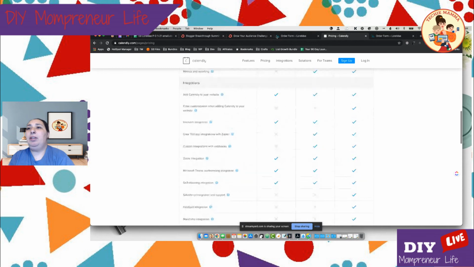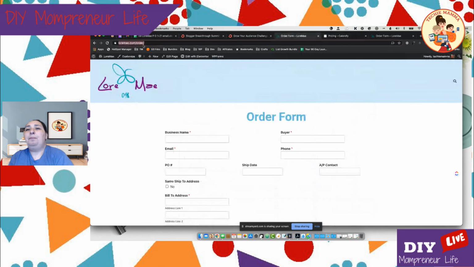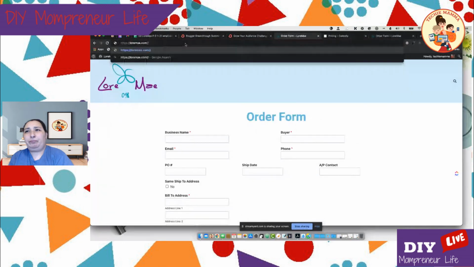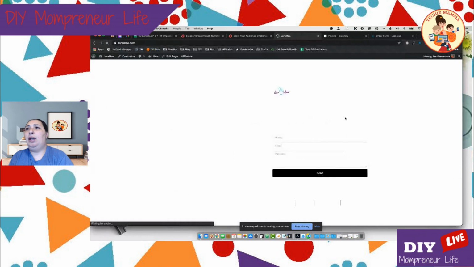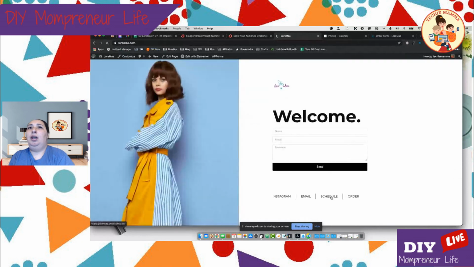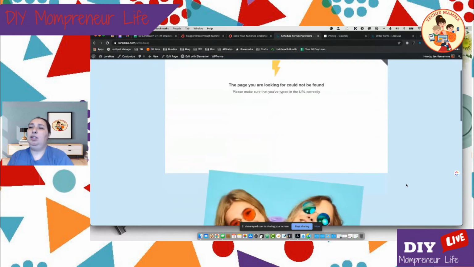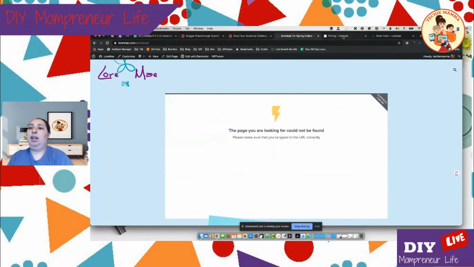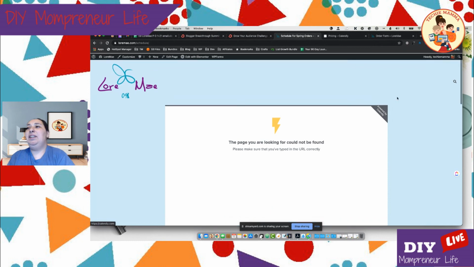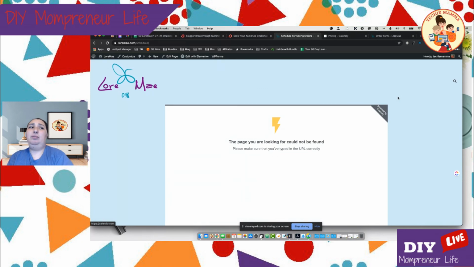And I also want to show, you can embed it on a page on your website with just a little bit of code that they give you, super easy. And you have a nice little embed straight into your website, except that I changed the URL. So now it doesn't work. So gotta go fix that. But otherwise you can see that's the freebie little markup there, but it's a great little tool, and it will help you automate things and hopefully save you a little time as a